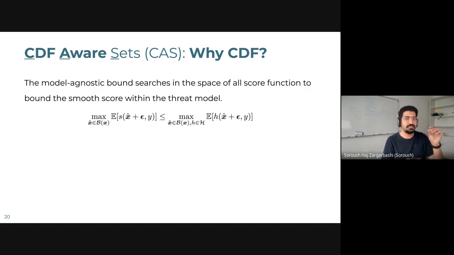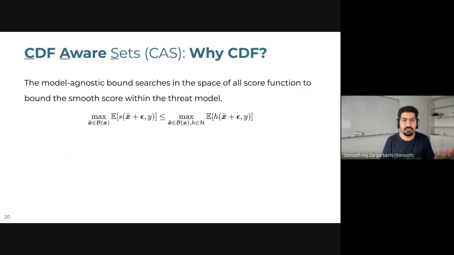So my question is that for this given x, in this ball around it, in this L2 perturbation around it, I do this smoothing and I compute the score and I start to move anywhere in this space. And what is the maximum score that I can get? But I know that this number is lower than if I ask that within this smooth point, how any function would change and what is the maximum for any score function with the same upper and lower bound, with the same endpoints of the range.